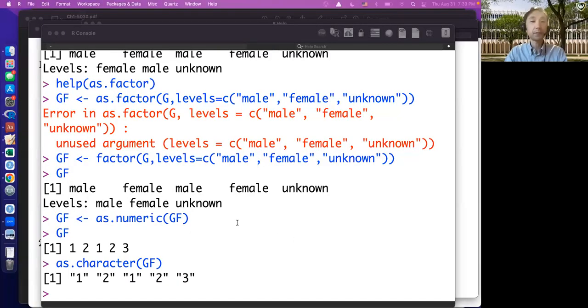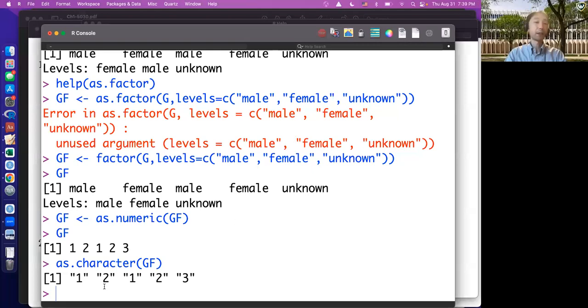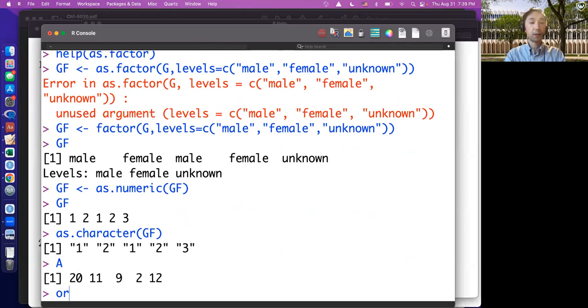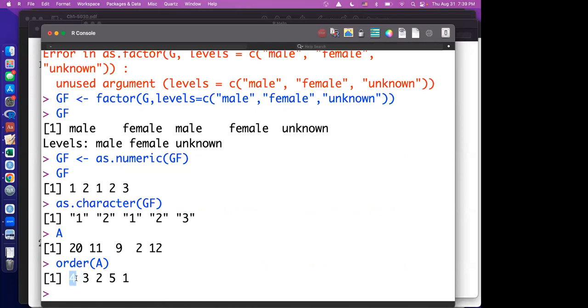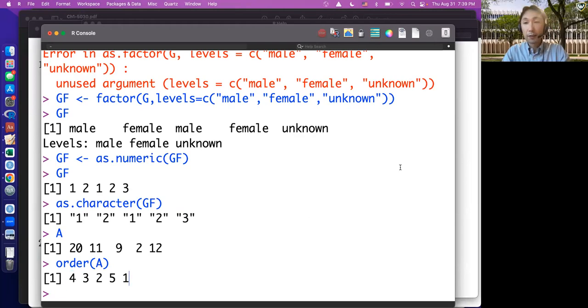Okay, so yeah, the order function returns these numbers. So this means the fourth observation of A is smallest. Okay, so the first one. I get it now. Yeah, I get it now. Thank you. Okay, so now that we have discussed